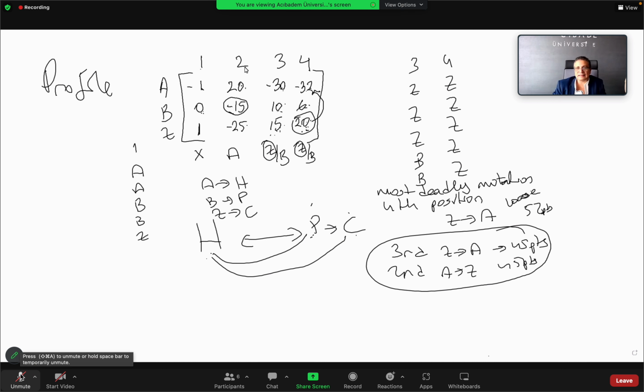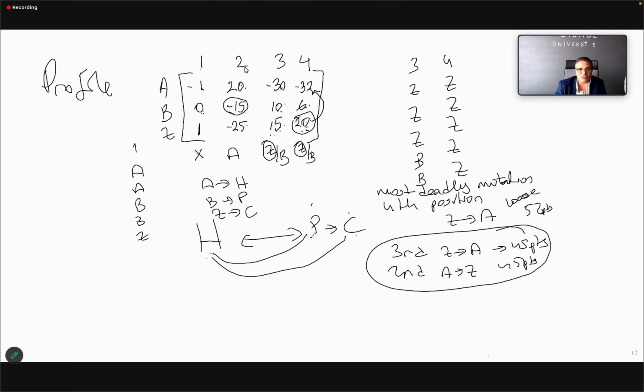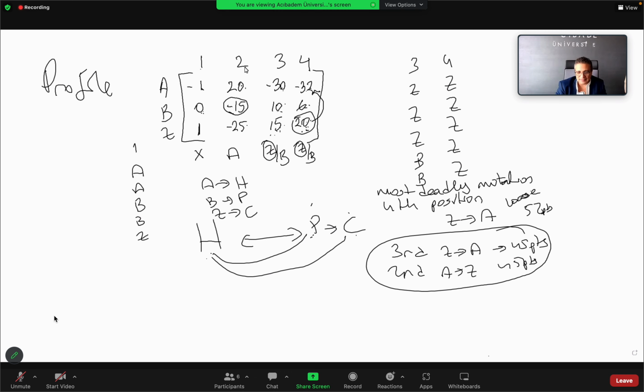So you can rank the mutations, and that's one of the applications of the profile matrix. You can look at the impact of a mutation, whether it's a deadly mutation or not. So if you have a profile matrix, you know which amino acid is preferred at that position. And if it's an unfavored amino acid, how much it is penalized. So based on this one, you can look at how deadly a mutation is in a person. And you can give an impact score to the level of mutation. So that's why